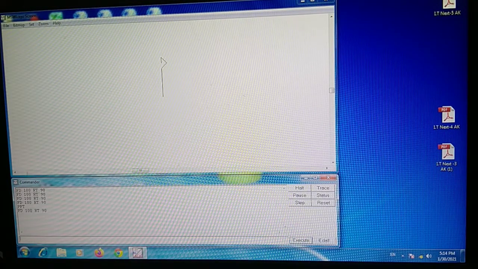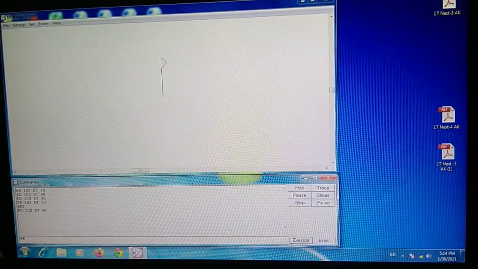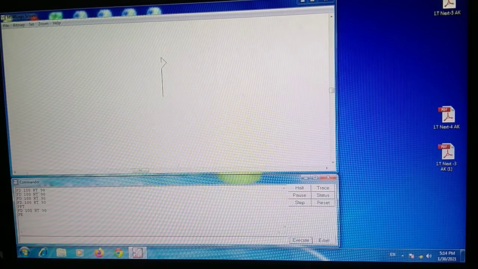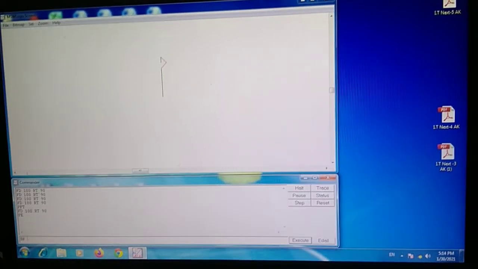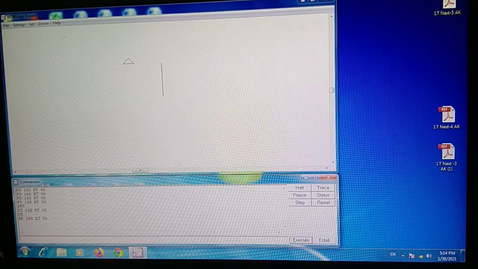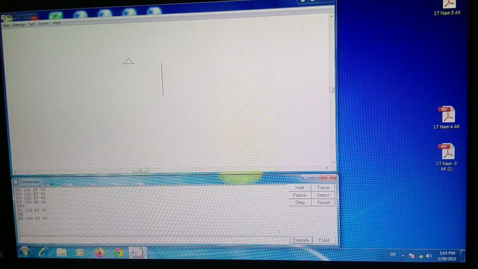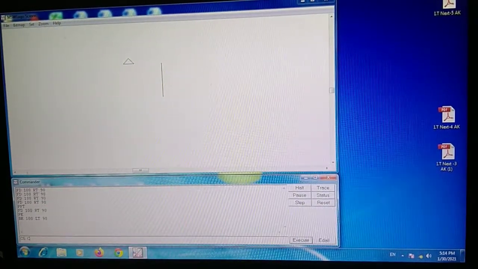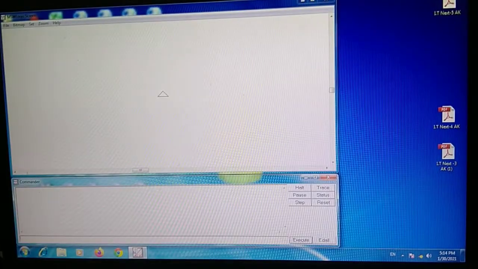Okay, after that, if you want to erase this, then what do you have to do? Type here PE, enter. After that, we have gone forward FD 100 and RT 90. Now we will type here BK 100 and LT 90, right? It is the backward command and towards the left-hand side. Okay, now you can type here CS and CT, so that the screen has been cleared.